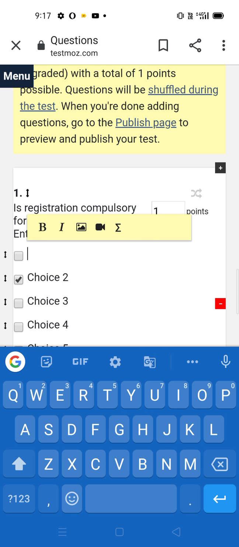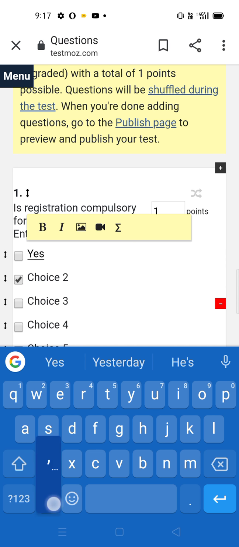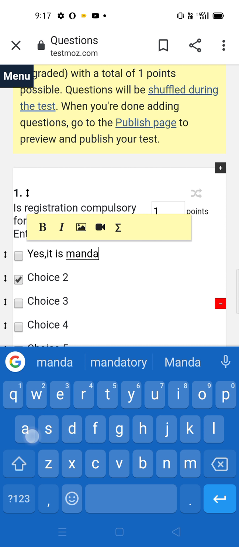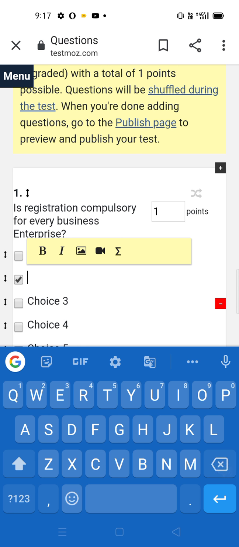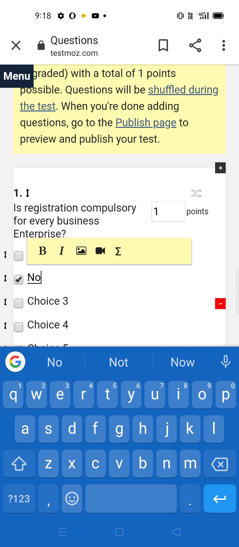So the first option will be yes, it is mandatory. This is my first option, and the second option will be no, it is not mandatory.